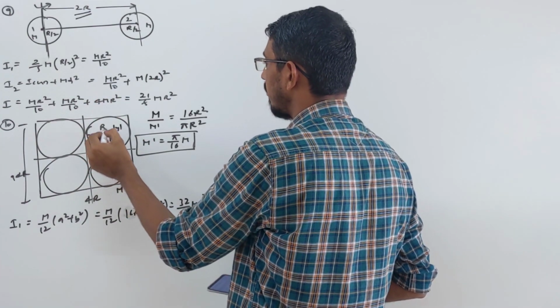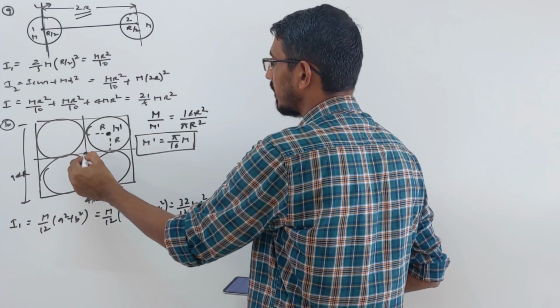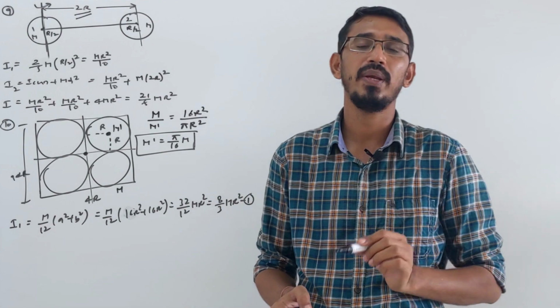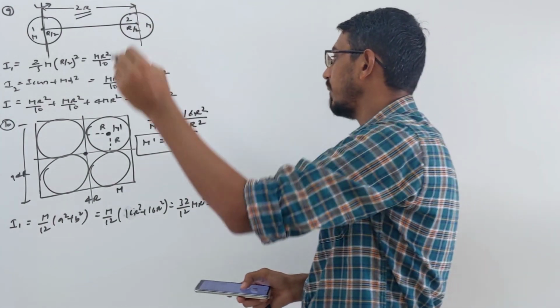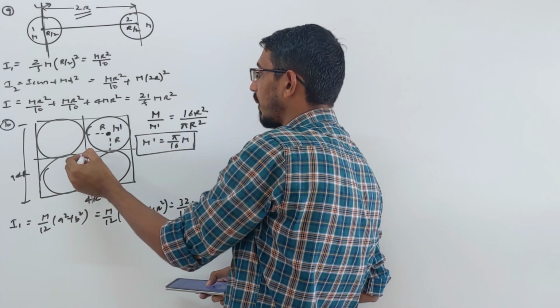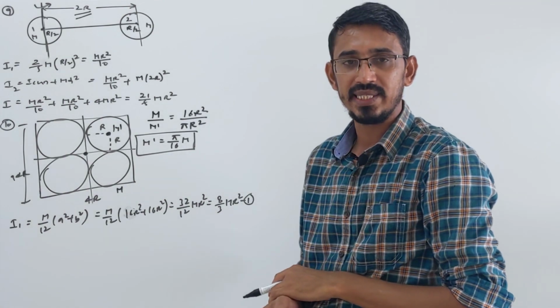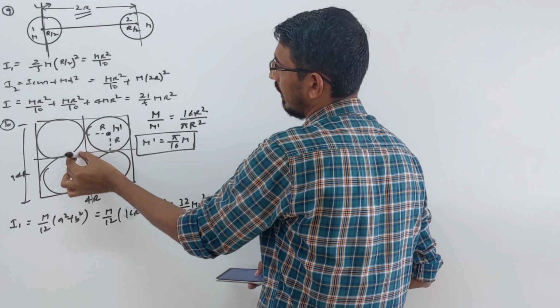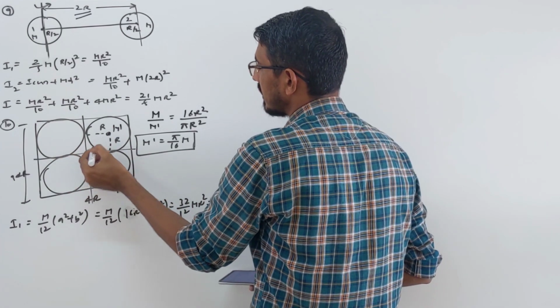Let's calculate inertia of any one disc about that point, because it is rotated about an axis passing through the center of this square sheet and perpendicular to the plane. So we want to rotate this disc about that point. What's the inertia? We have to use the parallel axis theorem. So you have to find inertia about center of mass of this disc. Then we apply the theorem. So we need this distance d.